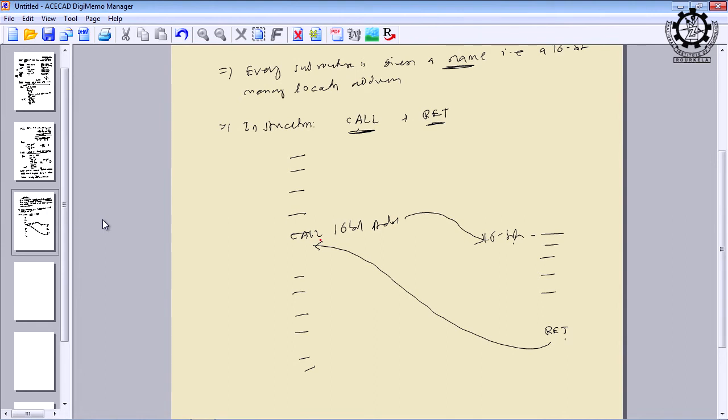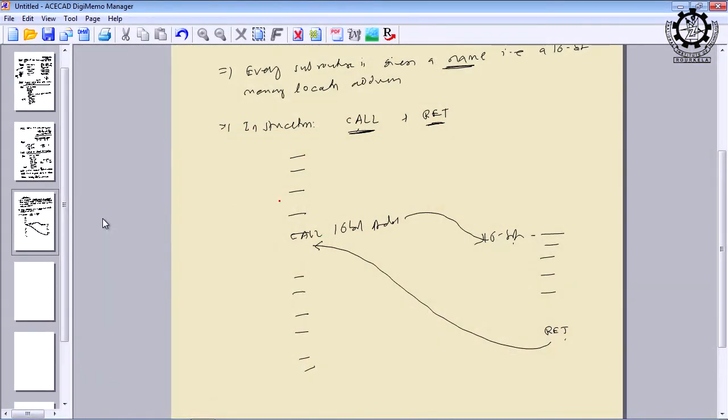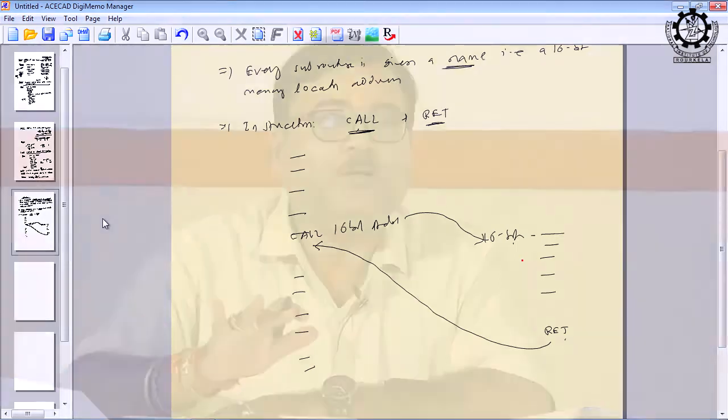Okay. So, it is almost like your high level language subroutines or functions, but here only one constraint, as I told you, the number of registers is limited. For example, you have used many registers before the call instruction, and you should try to avoid those registers inside the subroutine. And if at all you want to use the same registers in the subroutine for a different function, a different purpose, you can push them into the stack. Am I clear?